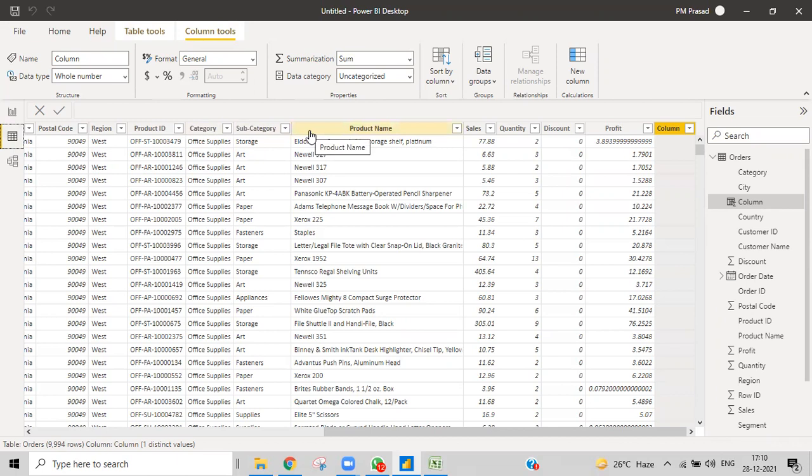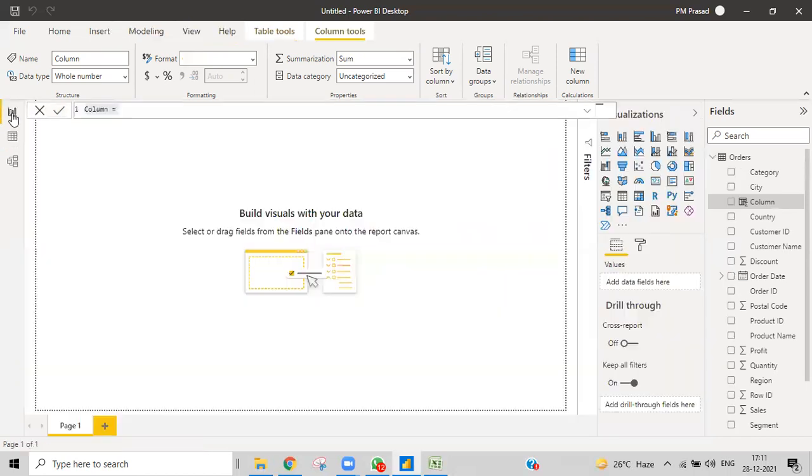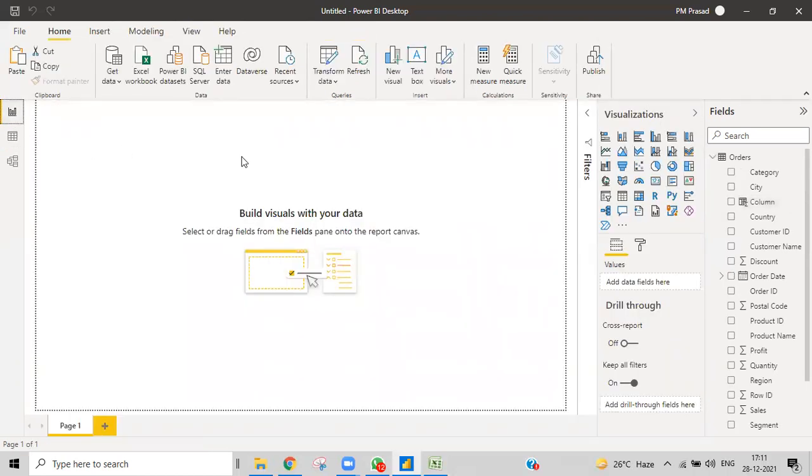If I create a new column, for each and every row I'll have another row. So let us suppose I have 9,994 rows. The new column also will have 9,994 rows. But a measure can't give that many outputs. A measure can give only a singular output, and that also for the context, what we call the filter context.